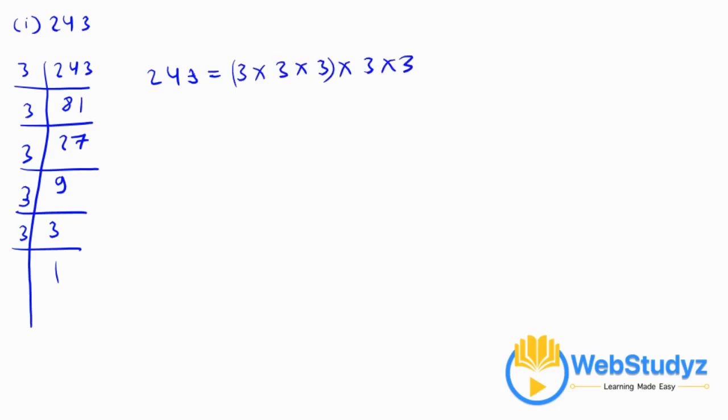Here this is making one triplet, but this has a 3 missing. That means for making it a perfect cube, we have to multiply this number by 3, which is the smallest number possible. So move on to the second one, which is